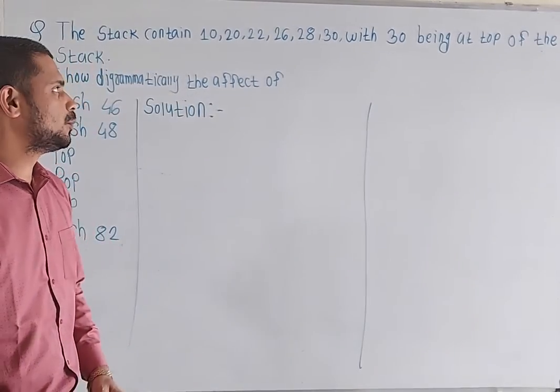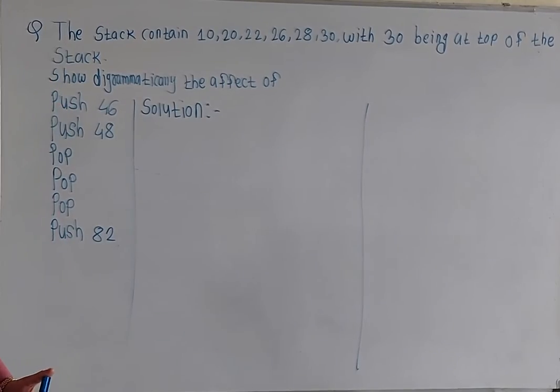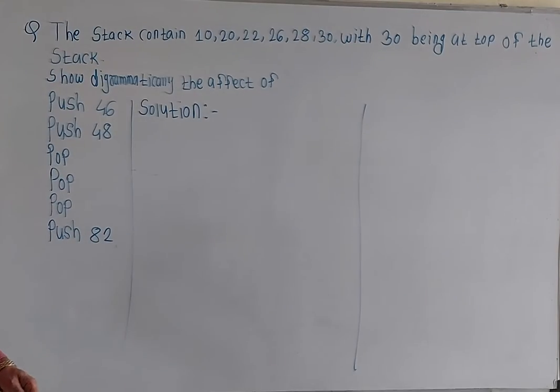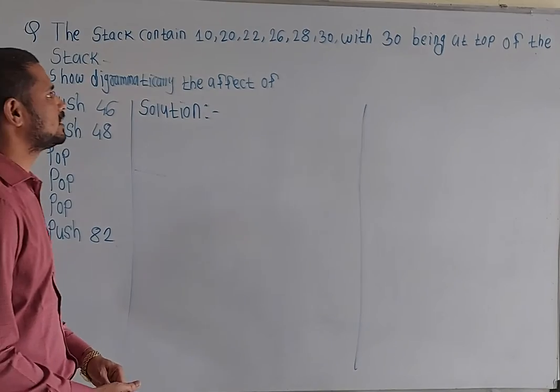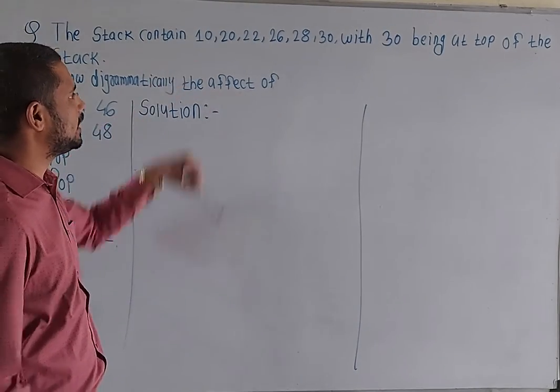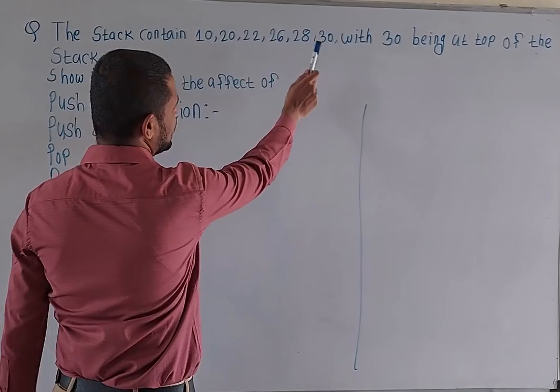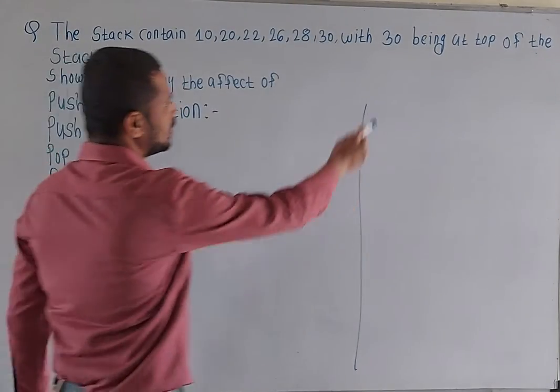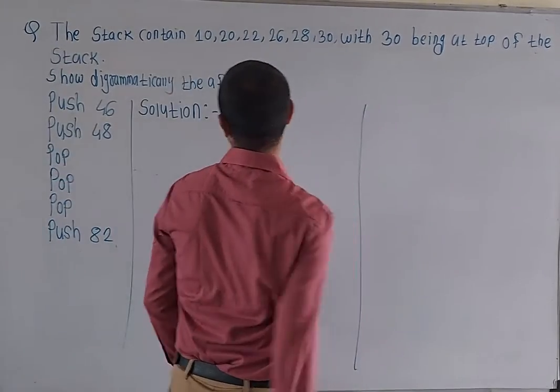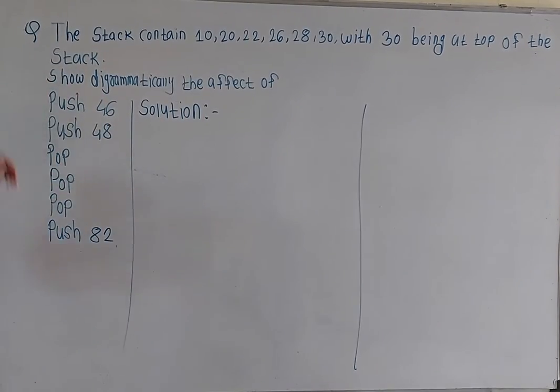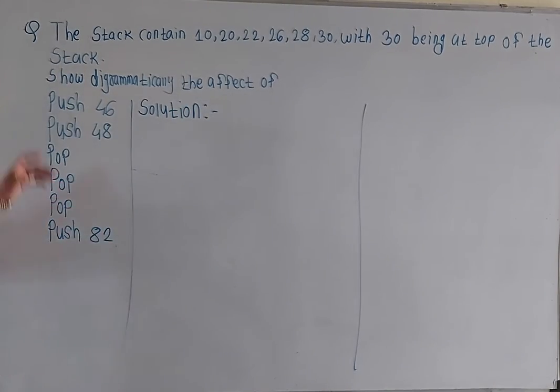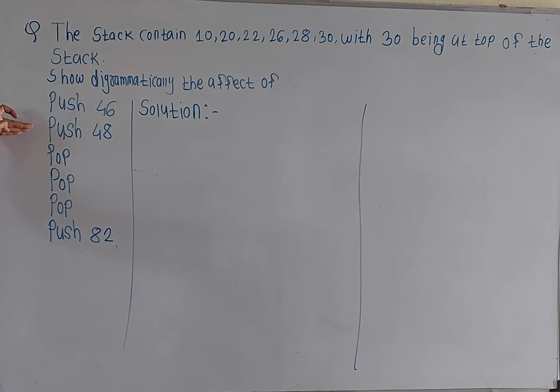In today's session, we see one example of a stack. The question is that the stack contains the elements 10, 20, 22, 26, 28 and 30, with 30 being at the top of the stack. Show diagrammatically the effect of the operations: push 46, push 48, then pop, pop and push 82. So the solution is that firstly we have to